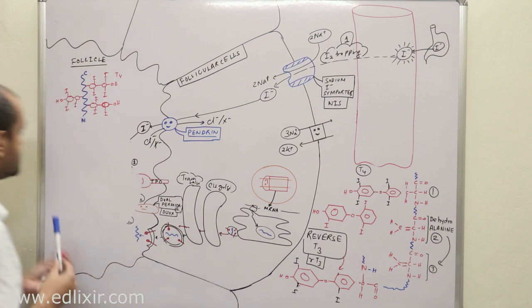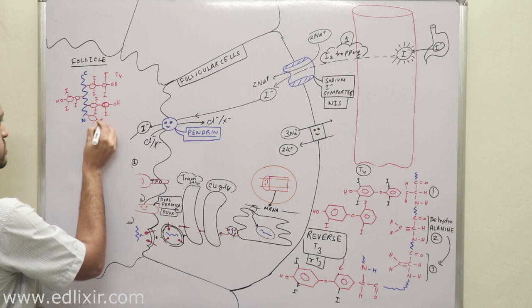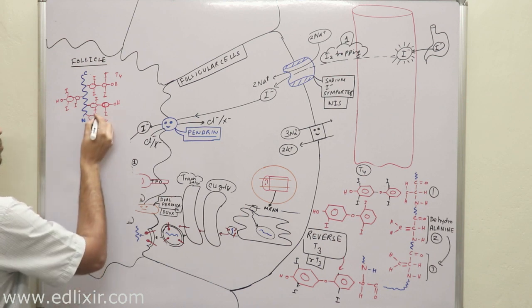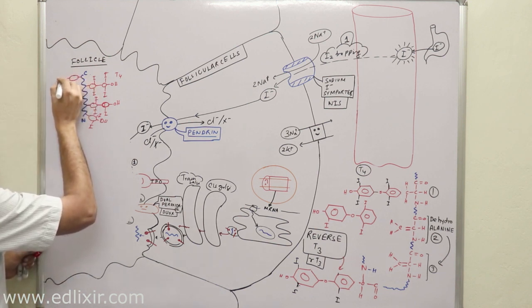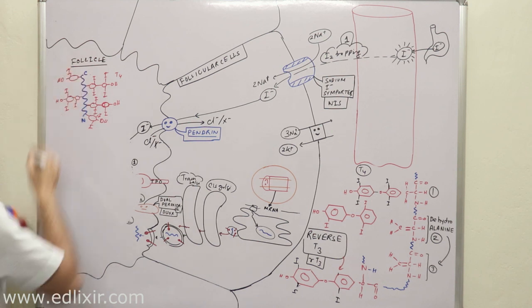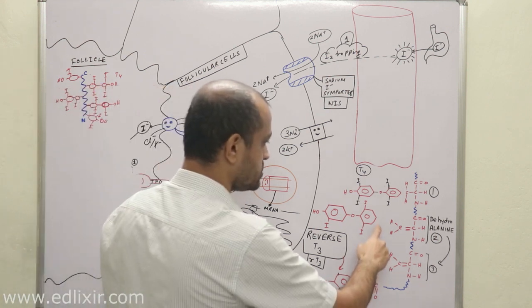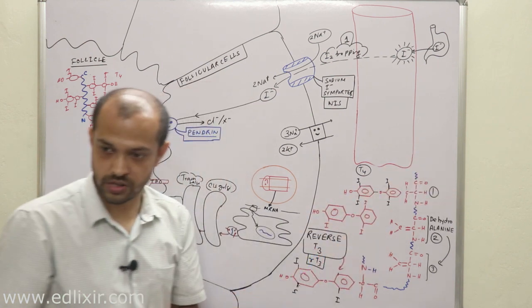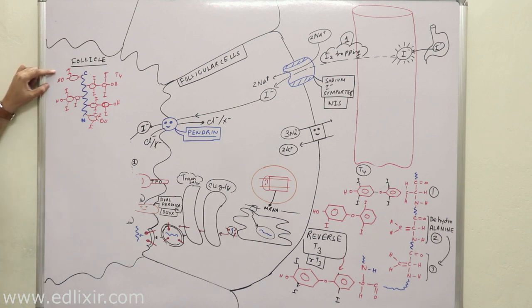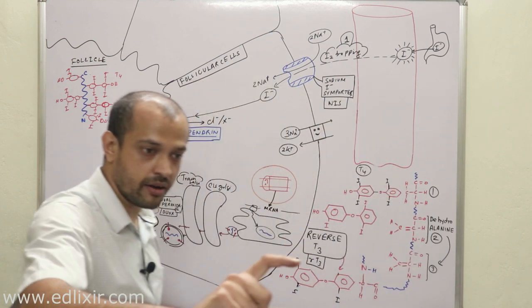There are many benzene rings which are modified like this, okay? They have only one iodine or two iodines. Suppose one iodine has been added, but they have not actively participated in the conjugation step. Now what is conjugation? Conjugation is the transfer of this benzene molecule from a particular tyrosine molecule to another tyrosine molecule. That is the conjugation step. Now there are many benzene rings which may not have participated in conjugation. That means they may have one iodine or two iodine molecules.